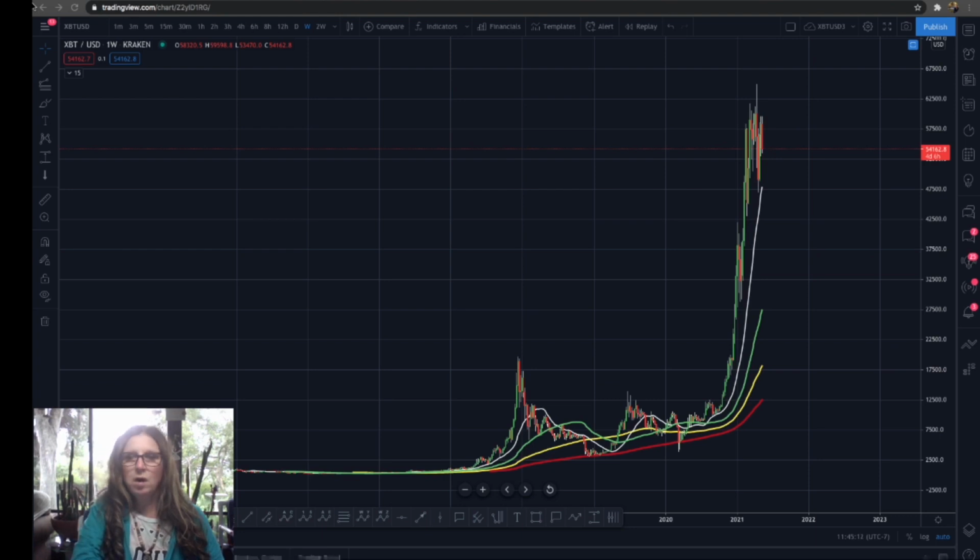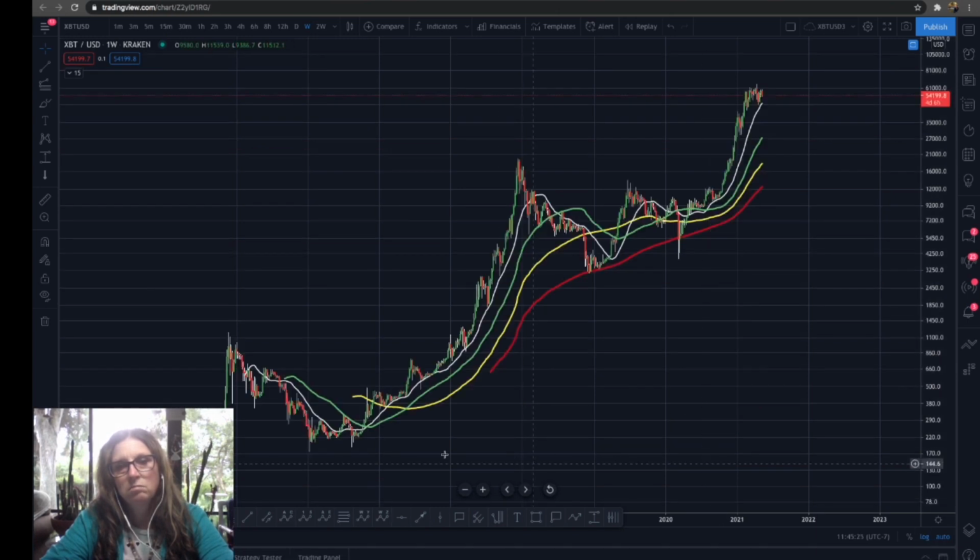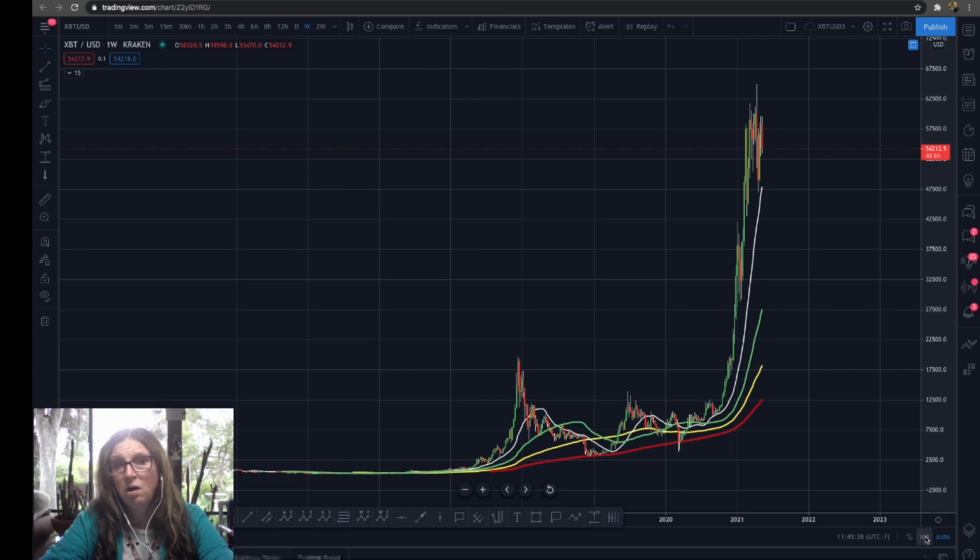I am going to do this a little differently today. I've been showing you Bitcoin on log scale, and when you look at it that way, it looks much different, and it's hard to tell exactly where we are. But when you look at it on linear scale, it's pretty obvious where we are. So looking at it this way,